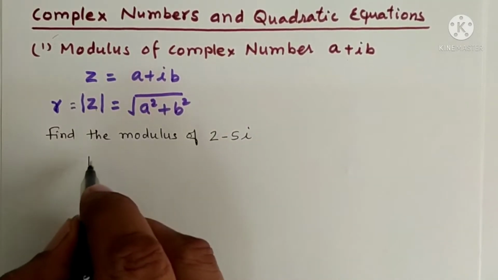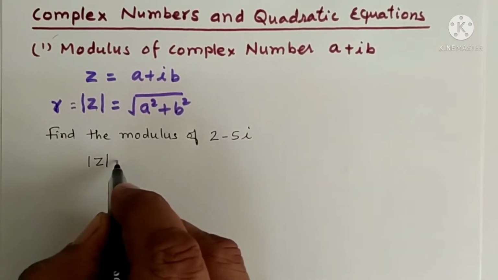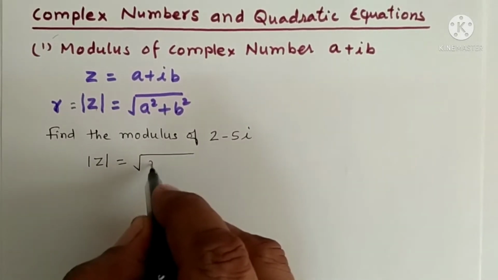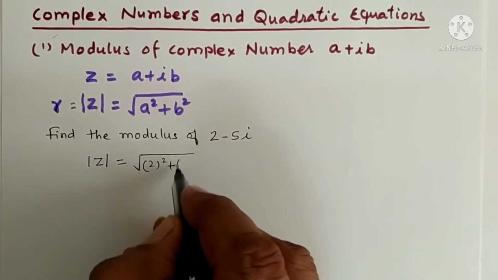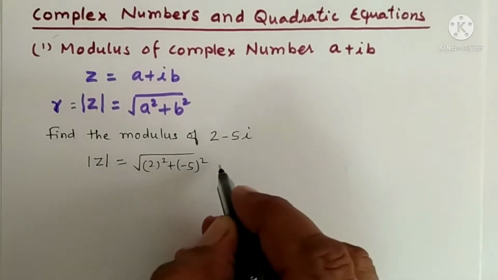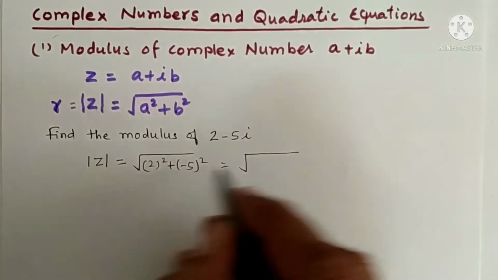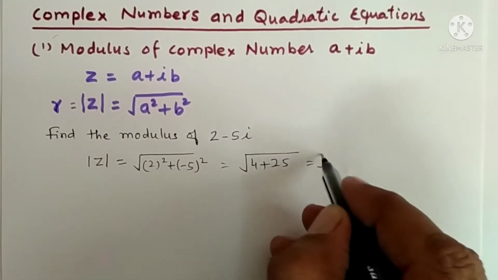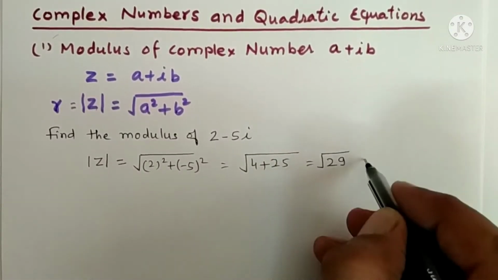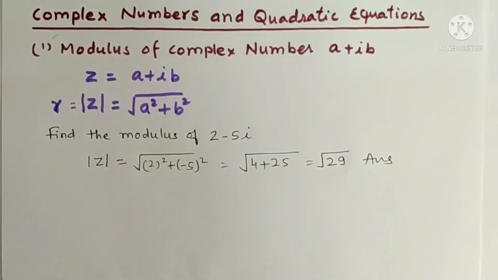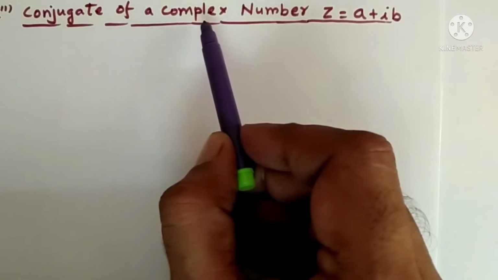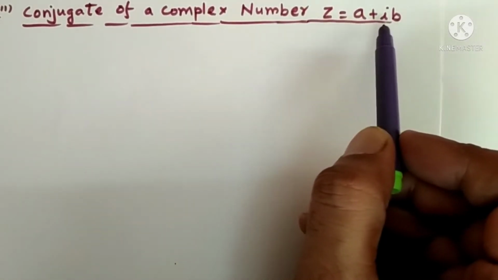This we write as the modulus of z, and this will be equal to, look here, 2 square plus minus 5 whole square, and this will be equal to 2 square is 4, 5 square is 25, so this modulus will be root 29. This is our answer. Now we have to find the conjugate of a complex number z equal to a plus